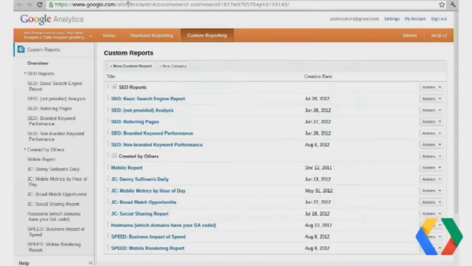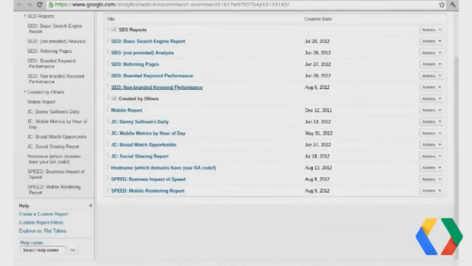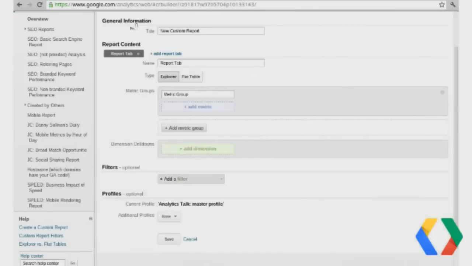And so this is an account I have here, and I have a whole bunch of different custom reports. You can see there's many, many different kinds. And you can create your own custom reports by just clicking on this new custom report button. And we'll just walk through a few basics of this.